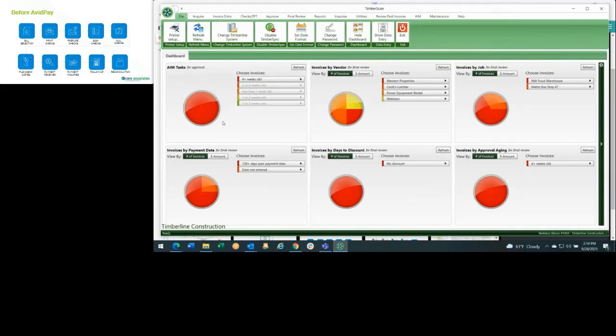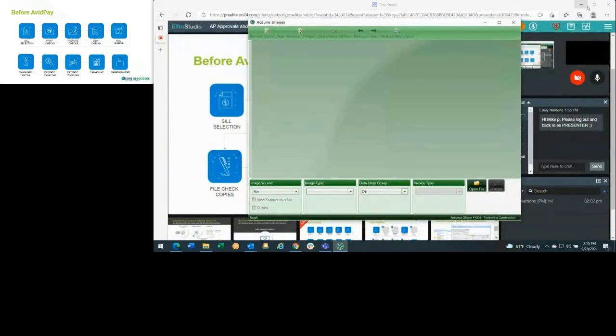All right, so I believe that everyone viewing today's presentation is a current TimberScan client. So I'm not going to spend a lot of time here in traditional TimberScan. I want to get to the pay side of things in a few moments. But I wanted to quickly walk through the workflow process and explain how we could take everything from the initial purchase through the pay without ever having to touch a piece of paper, creating an efficient workflow method that would allow us to do everything in one place. So if we start at the point where we've created a purchase order, and we go into the invoice arrival,